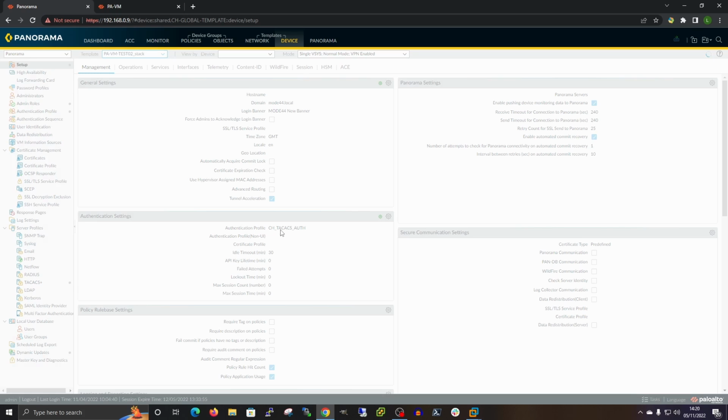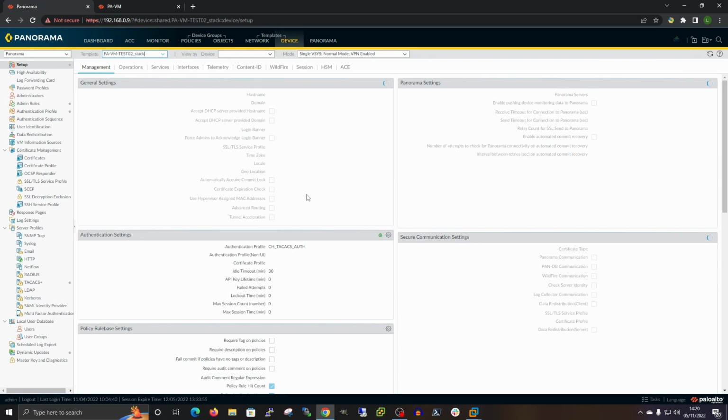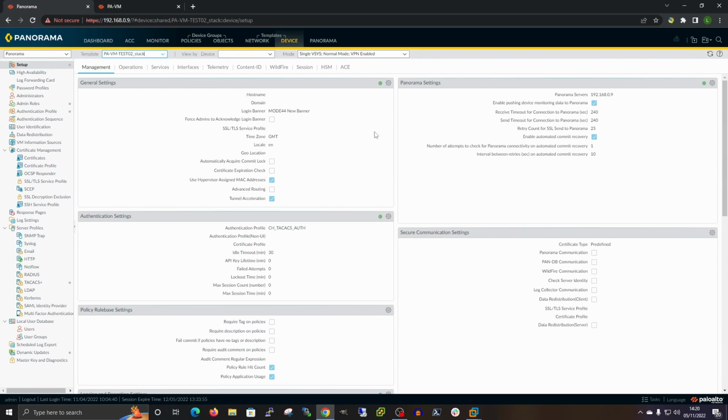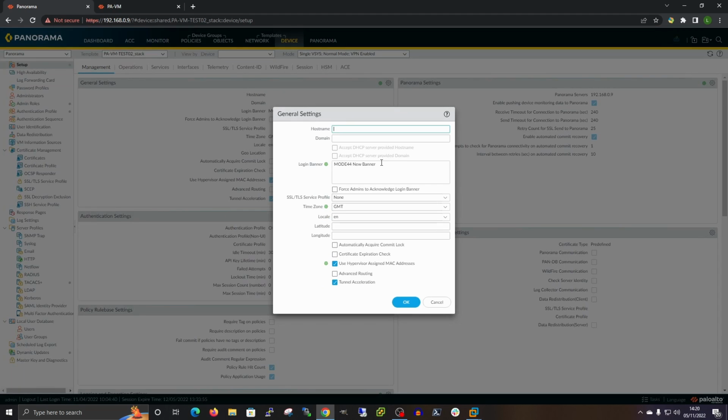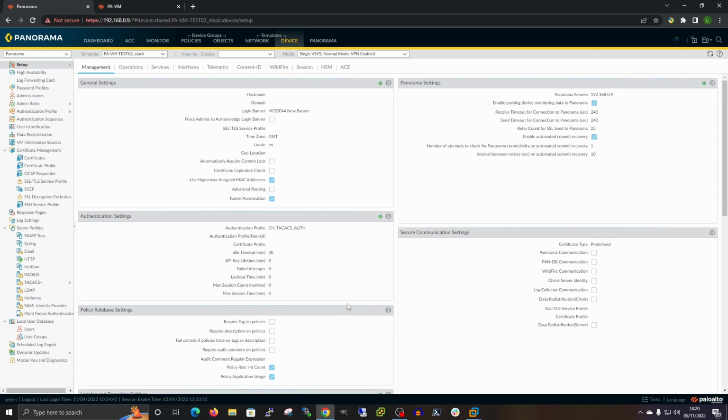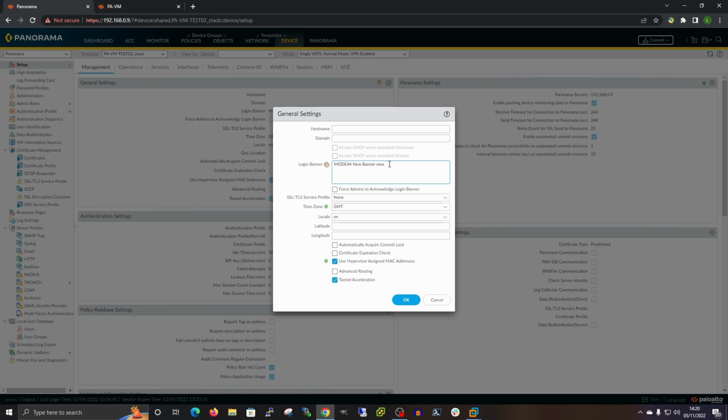So if I try and override something there, if I try and create something here, that's what it is. If I want to edit that and give it a new banner, then it comes up as being an override, and it's been overridden from the template. If we go to here, we can see we've got new banner, new, and then it will say that it's overridden from the template and overridden in the stack. Again, it's a personal preference as far as I'm concerned, because